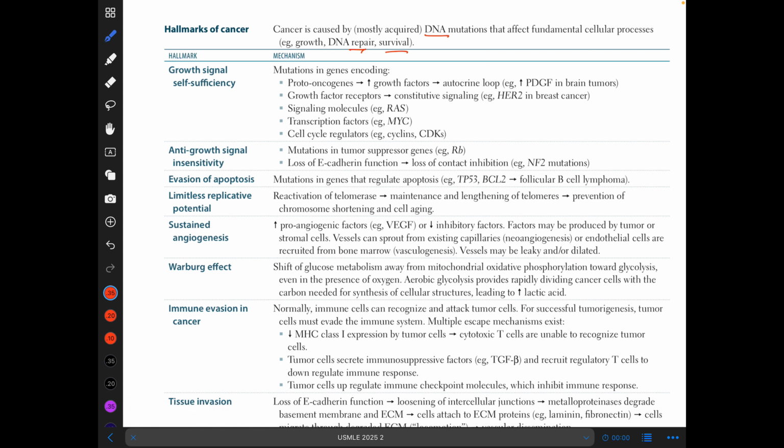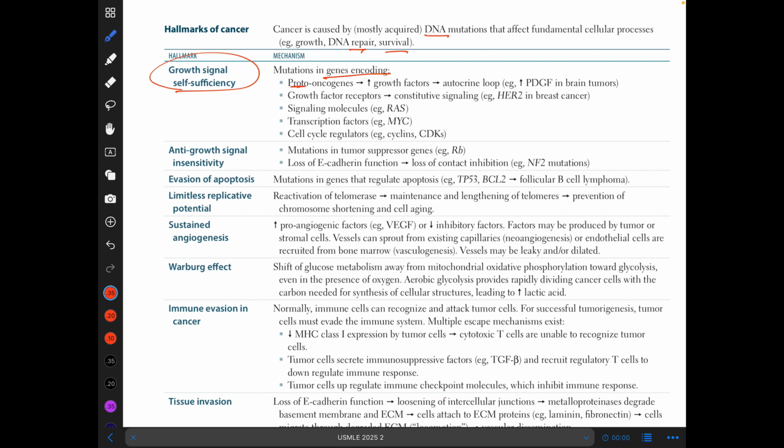The first is growth signal self-sufficiency. This hallmark of cancer refers to the ability of cancer cells to proliferate independently of external growth signals. Normal cells require signals from outside to grow and divide, but cancer cells become autonomous, generating their own signals or ignoring the external cues of inhibitors. This happens due to mutations in genes encoding